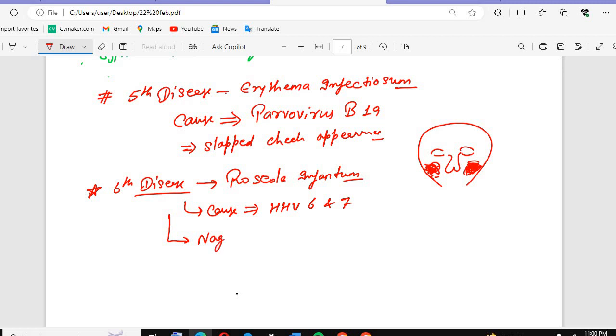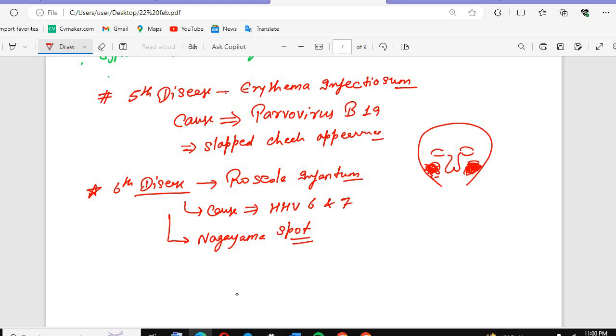Nagayama spots. This one you will see in the question as a keyword, the Nagayama spots. So if you are getting a keyword something like that, Nagayama spots, you need to understand that this is talking about the roseola infantum. Okay,